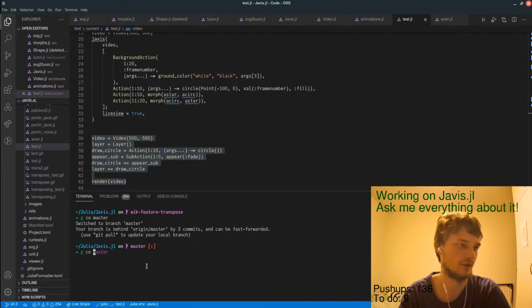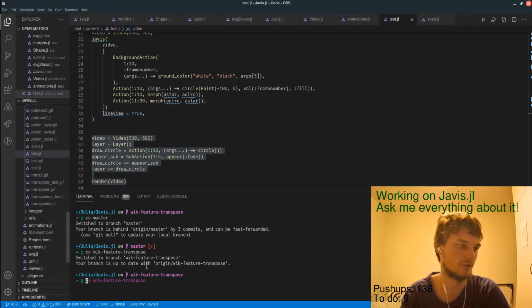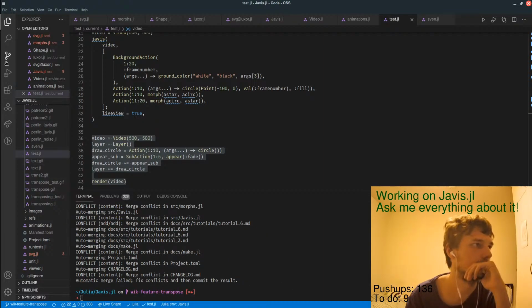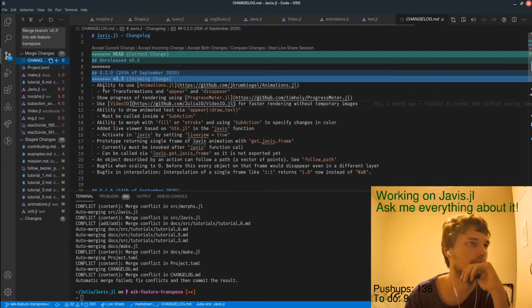And then transpose this. Okay. That merge. Okay. Accept those changes.